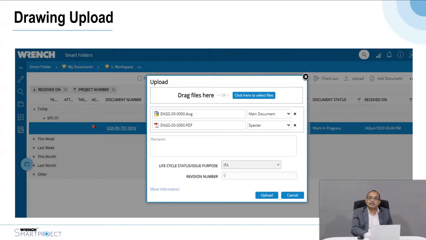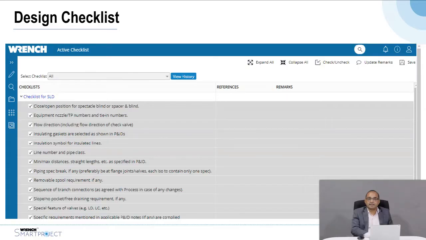Once they get the activity, they upload the respective documents or a model or the drawings associated based on the deliverable identified in the master deliverable list and submit this into the system. Before it is sent, the system pops up a checklist depending on the type of deliverable, and the checklist will ensure that the designer has not overlooked any factor so that you can reduce the number of mistakes during the review stage.